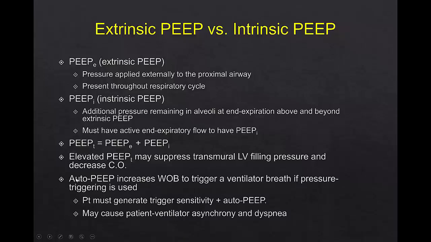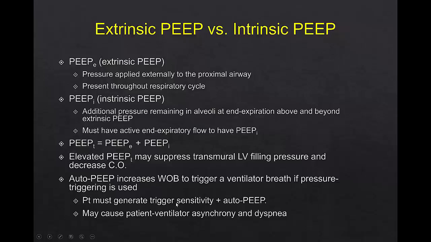Now, another thing to know about Auto-PEEP is that it raises the work of breathing to trigger a ventilator breath if we use a pressure trigger. So before I showed you if your PEEP was 5 and your pressure trigger required a -3, you would have to pull 3 pressure in to trigger the ventilator. If your Auto-PEEP was like 6, instead of pulling in 3, you'd have to pull in 9. So the patient must generate